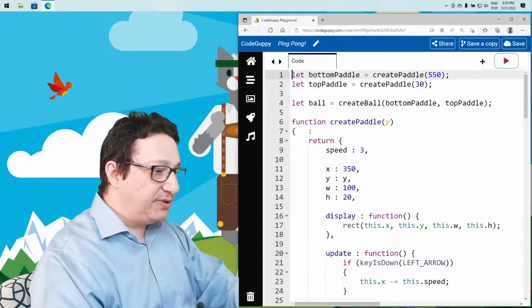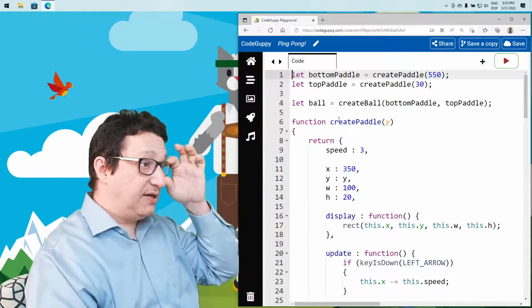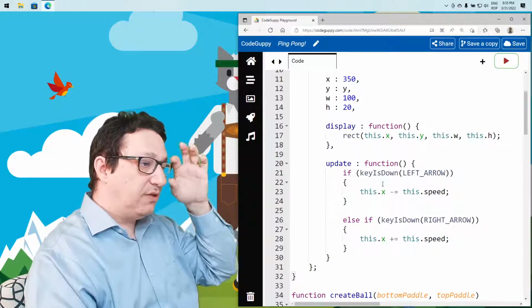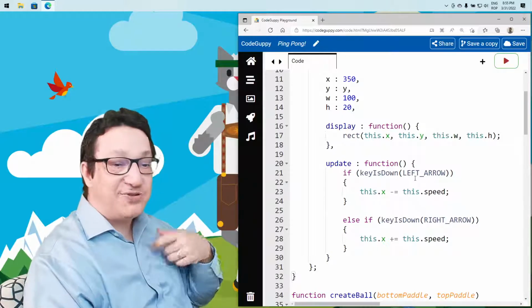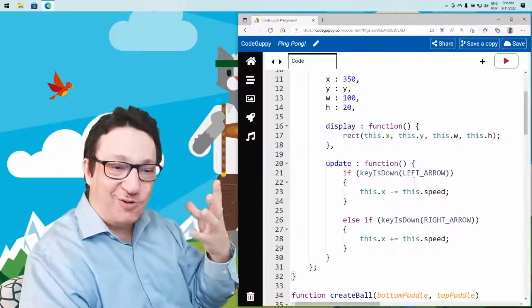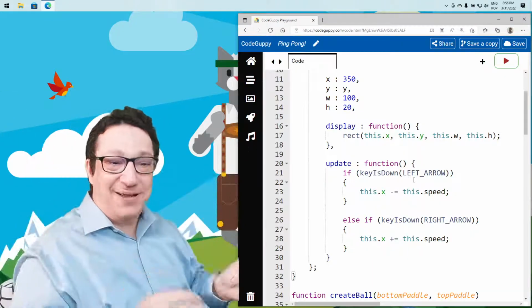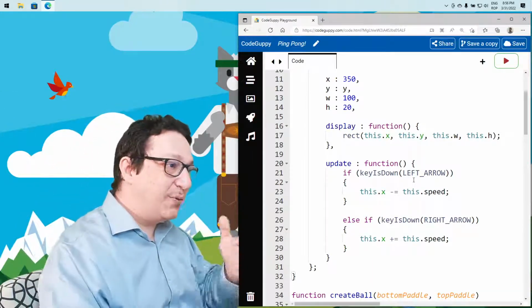Where did we interact with the keyboard? Okay, we interacted in the create paddle. So the paddle object is listening for the keyboard. Perhaps also the paddle object can launch the ball, like it has a special power. The paddle is launching the ball, right? So